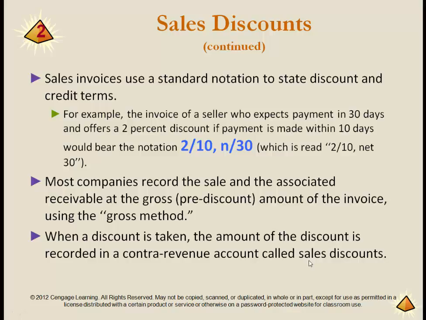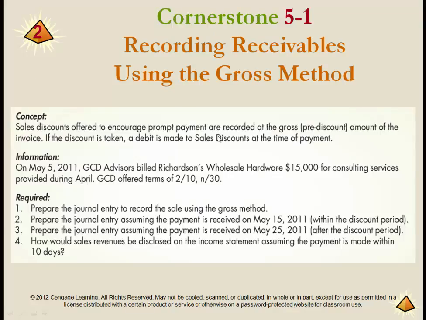And the sales discount account on the bottom, I don't want to get this minimized. It's a contra revenue account. What that means is the normal balance of a sales discount account is a debit. Most revenue accounts, all revenue accounts, with the exception of sales discounts, sales returns, and sales allowances, their normal balance is a credit, but those other three accounts, discounts, allowances, and returns, are all debits. They're contra, they're opposite, they're debit balances. And so I'm not going to spend much time on this slide. You might want to pause the slide here for just a minute and read this, but we're going to talk